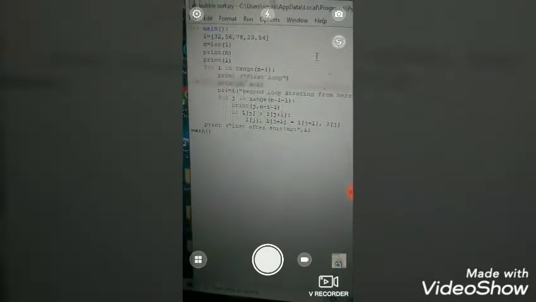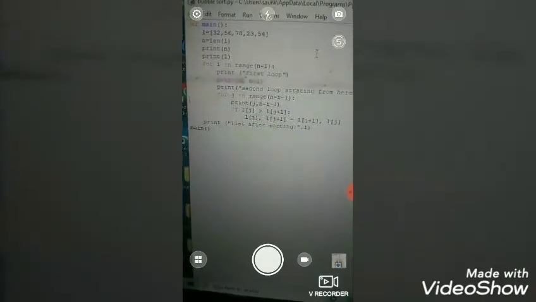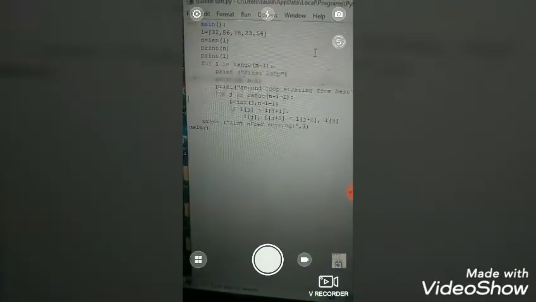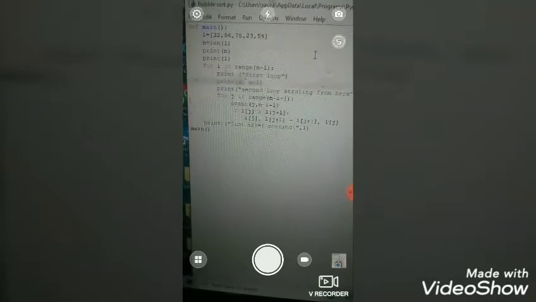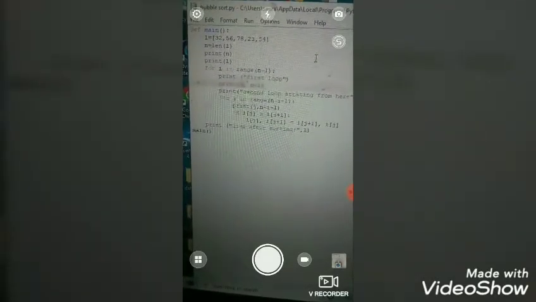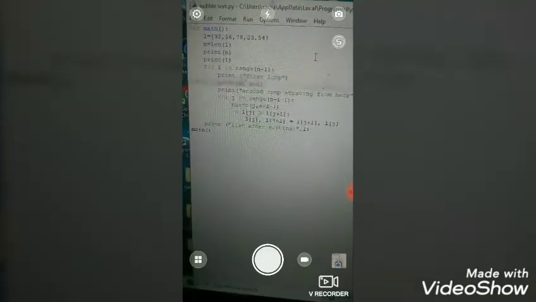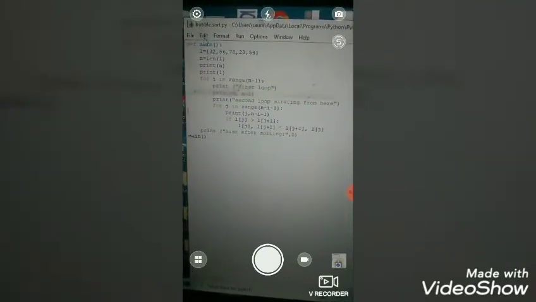Then it prints the first value and the last value of that loop, then swaps and checks the condition. If the condition is satisfied, then it swaps the values of both elements of that list. Then we print the list after sorting. So let's run this program and understand how sorting is done.